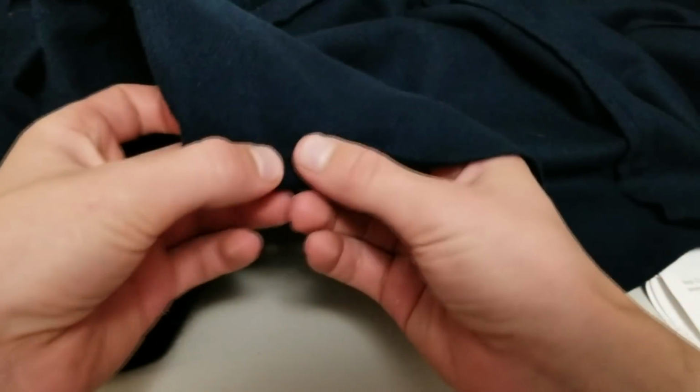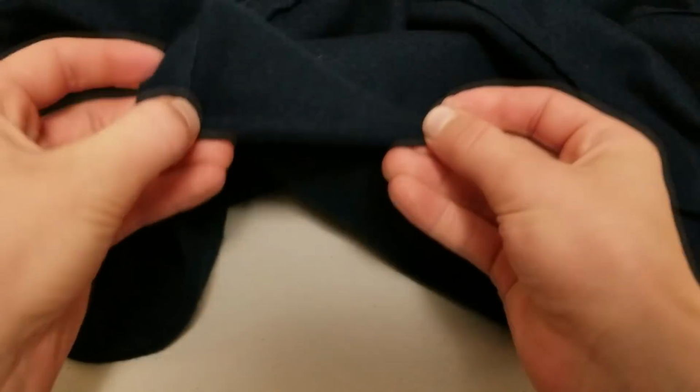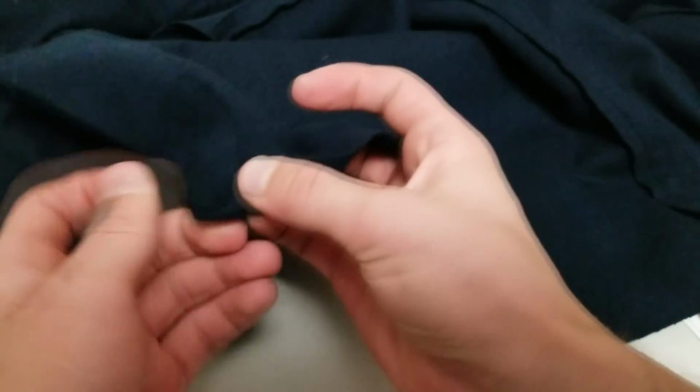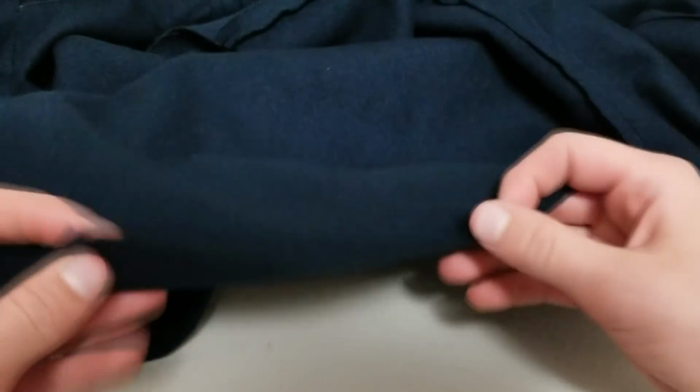What I find that helps with doing this, and it even says in the directions too, is to double roll. So there's our double roll, more for instructional purposes only. And of course it comes loose. But this is why you press it into place. Okay, there we go. So once you get your double roll and you press it to hold it in place, okay, well, it's not wanting to cooperate, but